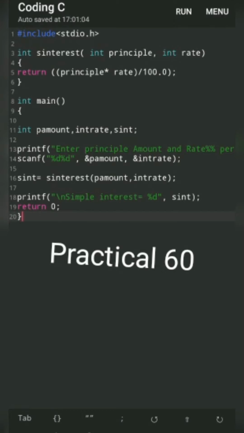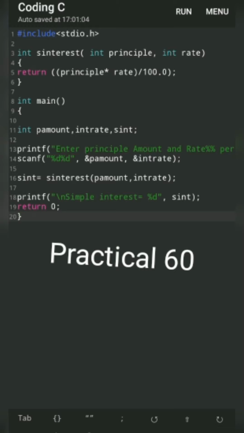For calculating the interest rate, we need two variables: the interest amount and interest percentage. So what function is used? As interest. And what are the parameters? Principal and interest rate. And in return, with the return statement on line number 5, where we are defining the function,